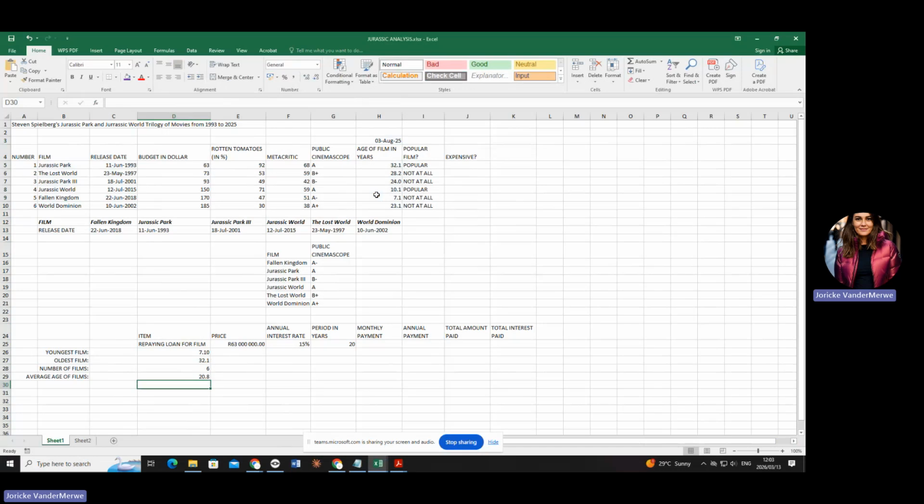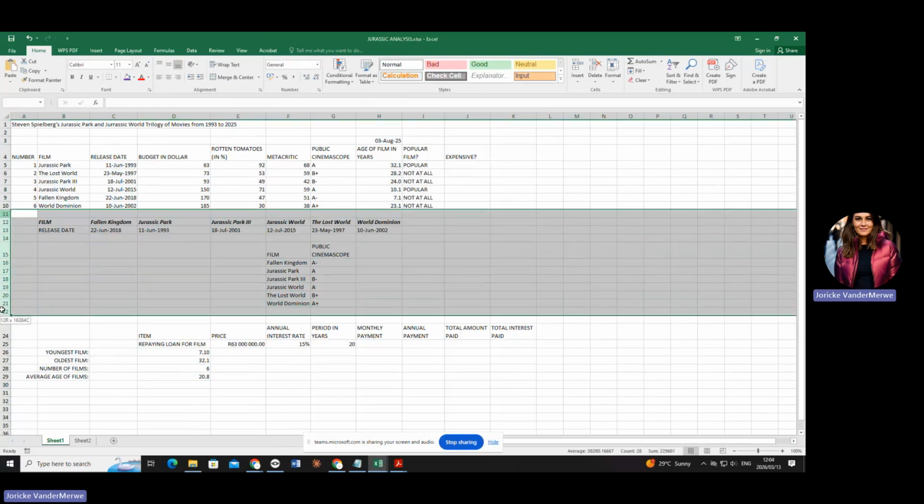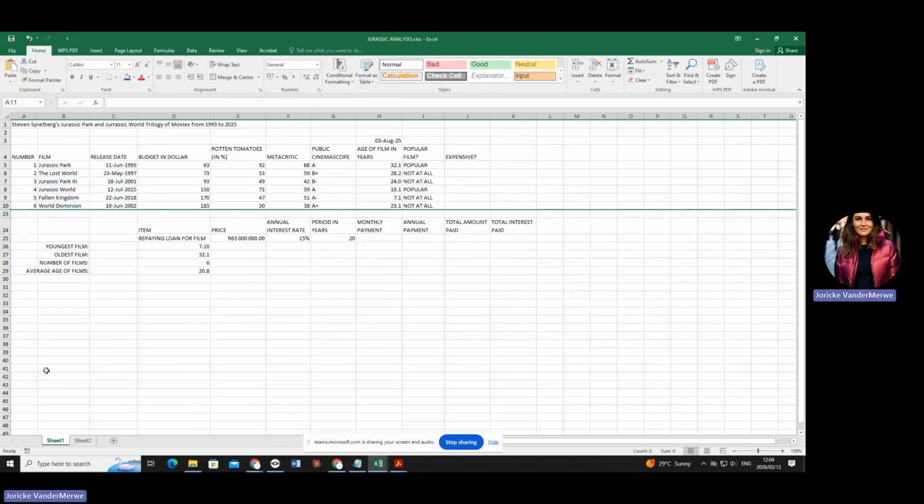Okay, let's go to K. Use the correct function to calculate the monthly payment. Now, all of K, L, M, and N is going to be a text function that I'm going to do with you next week. Otherwise, your whole thing is not going to work. And then at number 6, you had to hide your rows 11 to 22. How do you hide? You select, you right click, and you hide. Okay? And then you can go on with your values of the pivot table and the pivot chart. Okay, I'm going to stop here.